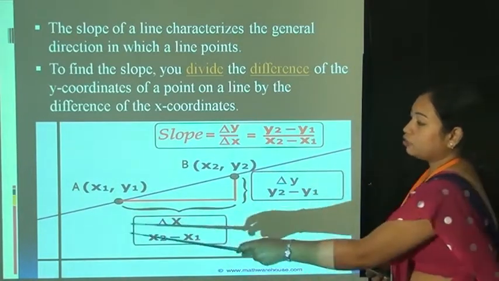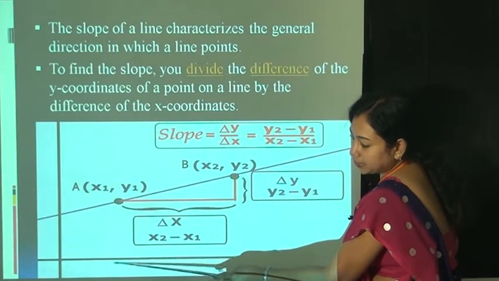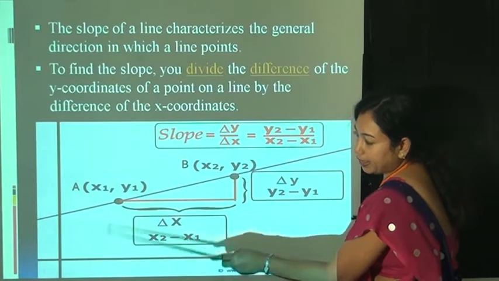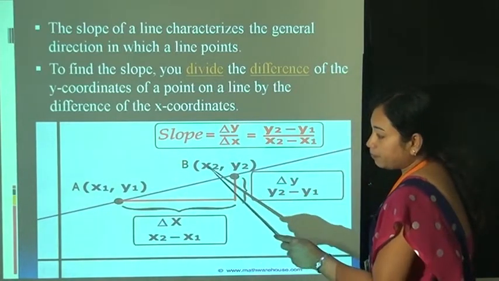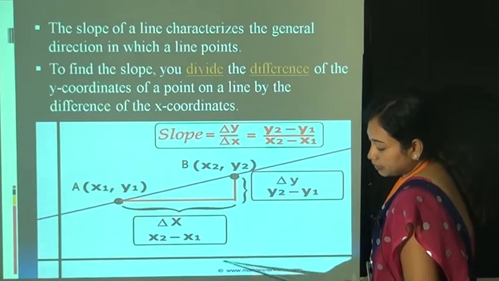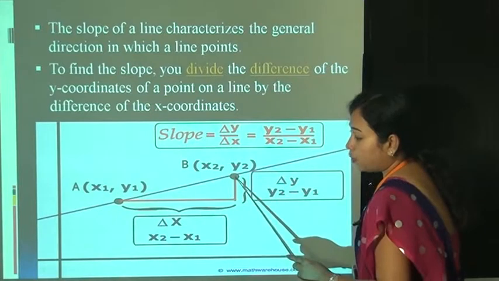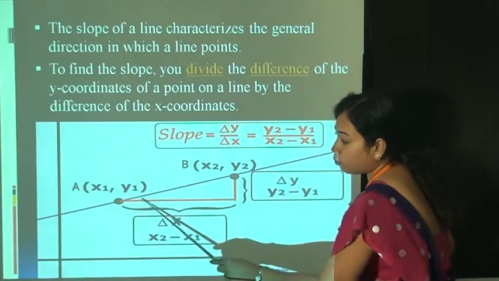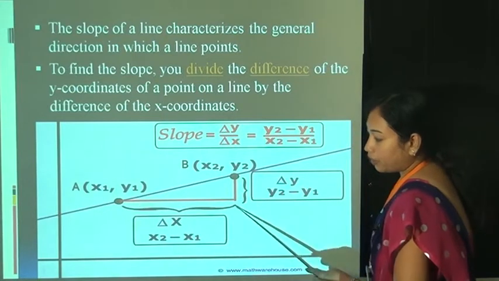Now let's take 2 points A whose coordinate x1 y1. That means ये point x axis पे x1 जितने distance पे है and y axis पे y1 जितने distance पे है. Similar way this point on x axis यहाँ पे वो x2 है और यहाँ पे उसका distance है y2. Now I want to find out the slope of this line. That means ये जो slope है ये हमें slope find out करना है.